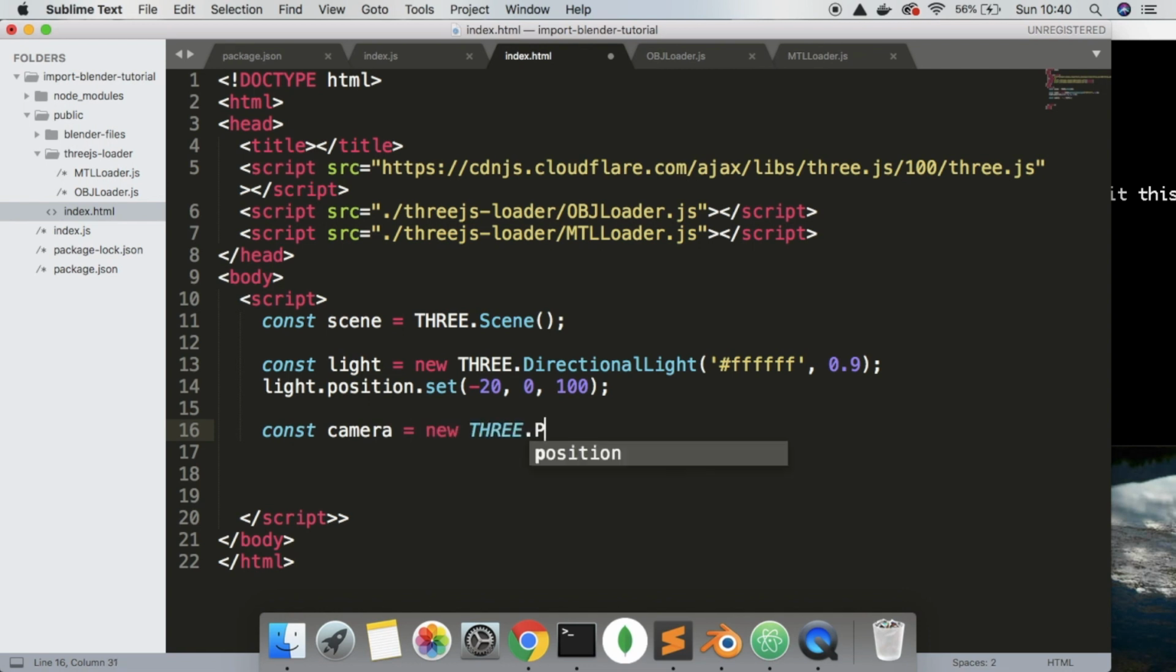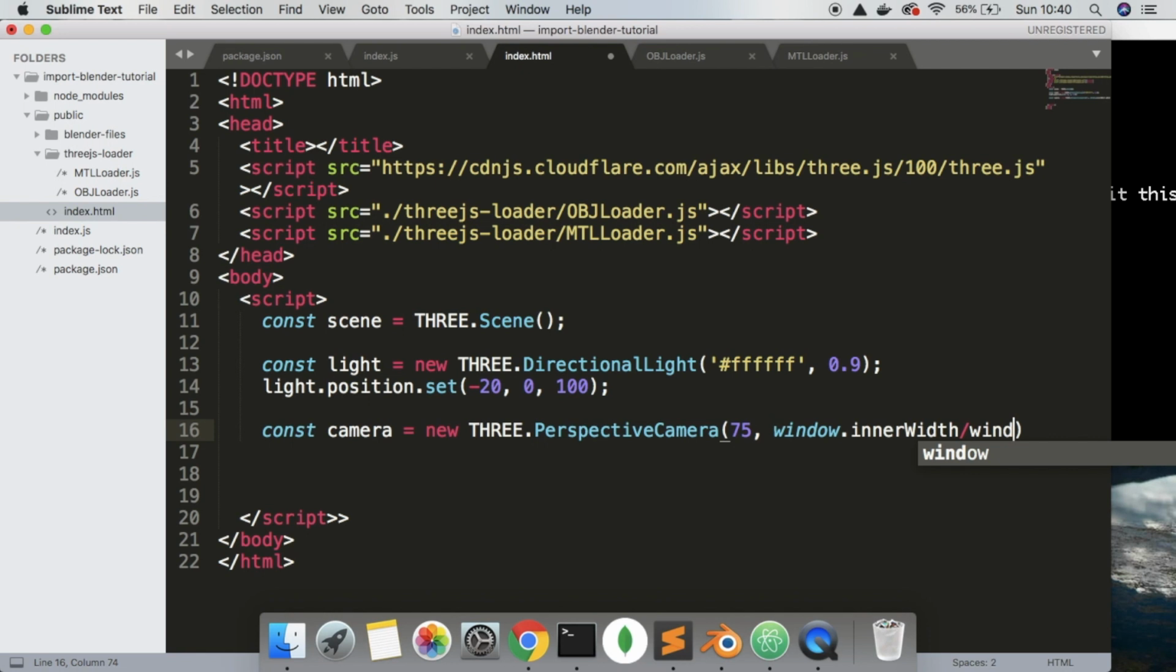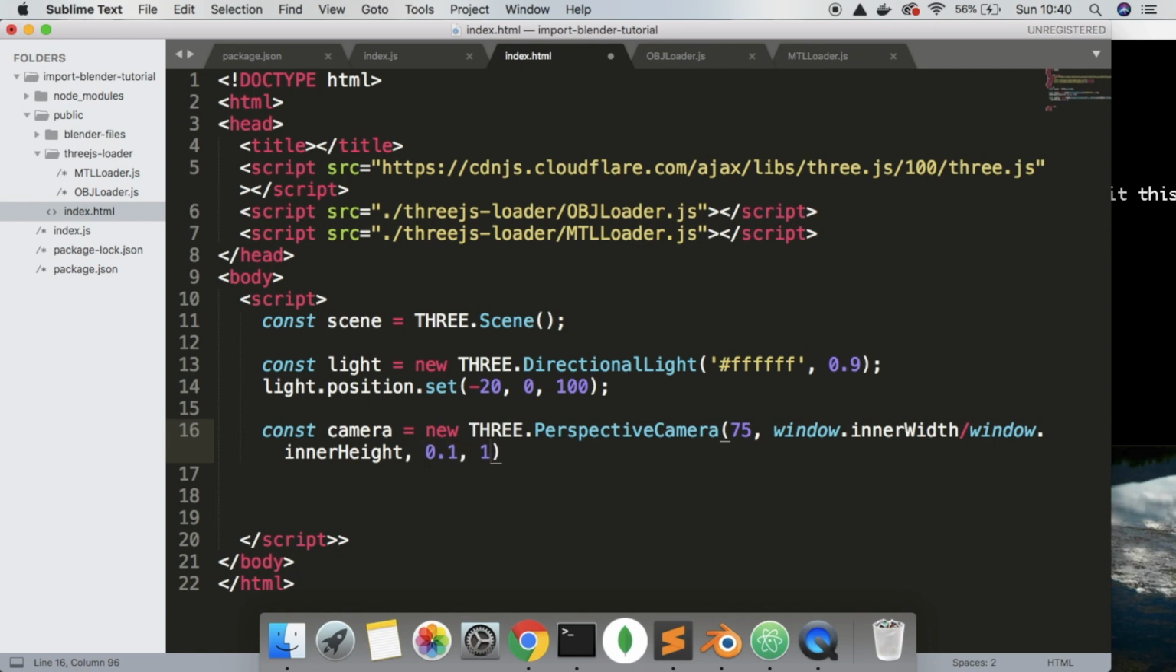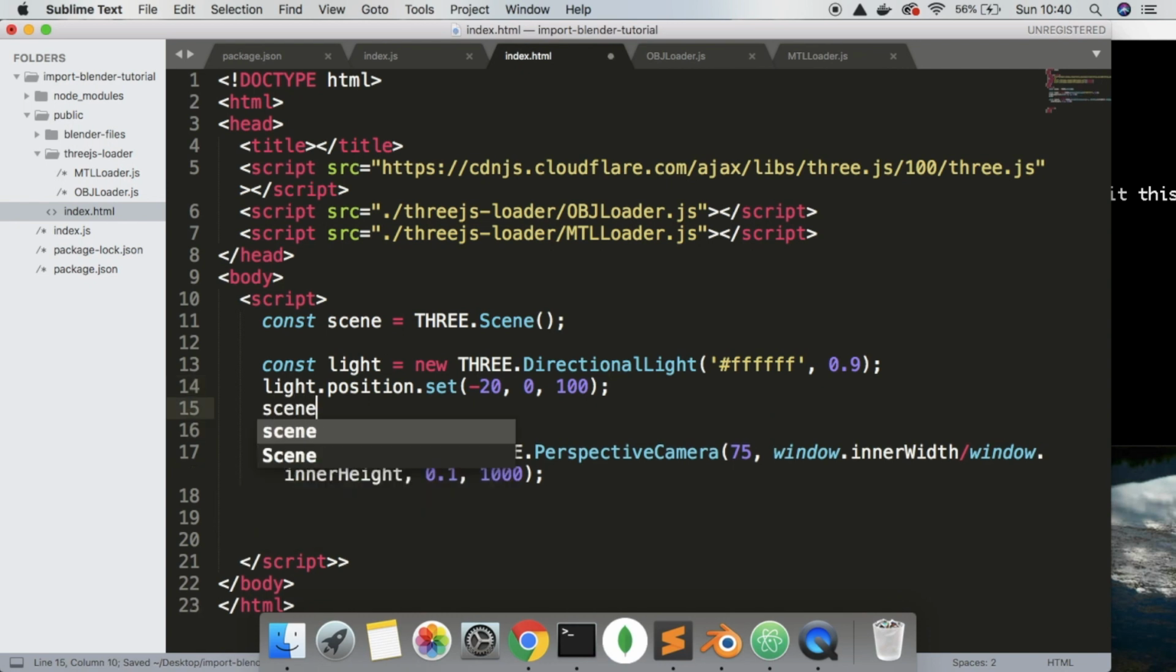Three dot PerspectiveCamera, and it's going to have proportions of the width divided by the height. So we can say window dot innerWidth divided by window dot innerHeight, 0.1, 1000. Cool. And we also need to add this light to the scene, so we can say scene dot